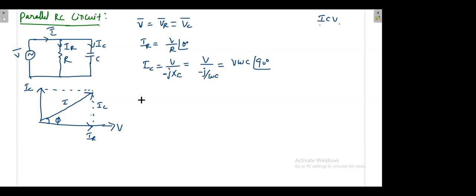So what I can write here, from this triangle, I is equal to the square root of IR square plus IC square. It is something same here, because if you see this nature, some current is there, V by R, you calculate something like 2 ampere. Then V omega C is something, let it be 3. Then what is 90 degree? 90 degree means plus J. If it is something like 2 plus J3, the current nature is like that, then what will be the effective current? 2 square plus 3 square overall square root. The same only I am writing here.